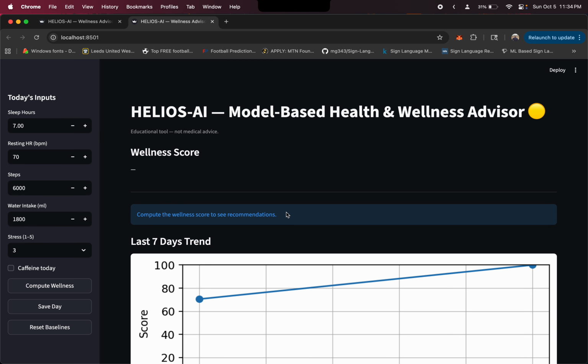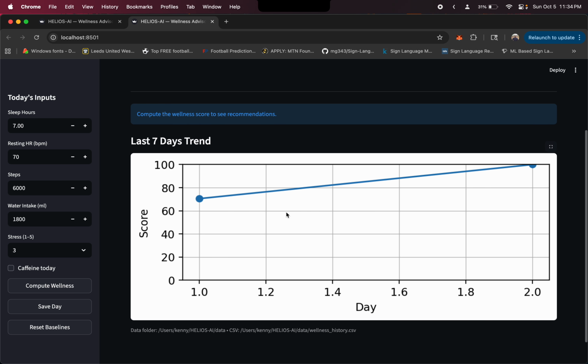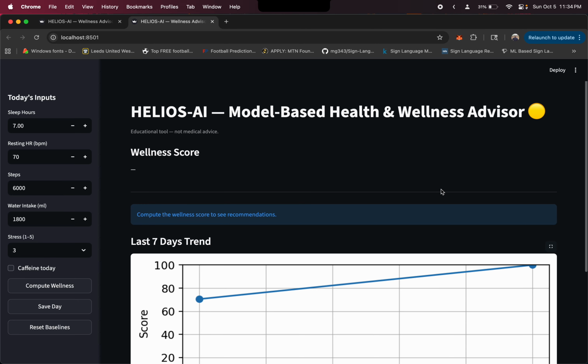So HELIOS-AI, it is a model-based health and wellness advisor. Based off of the three inputs that I already have on the table, it is already generating a trend for the user to see how they are performing. If you come over here on the left side of the screen, you have all these inputs for the user to enter. So let's assume I'm at the end of the day, and I want to calculate my wellness